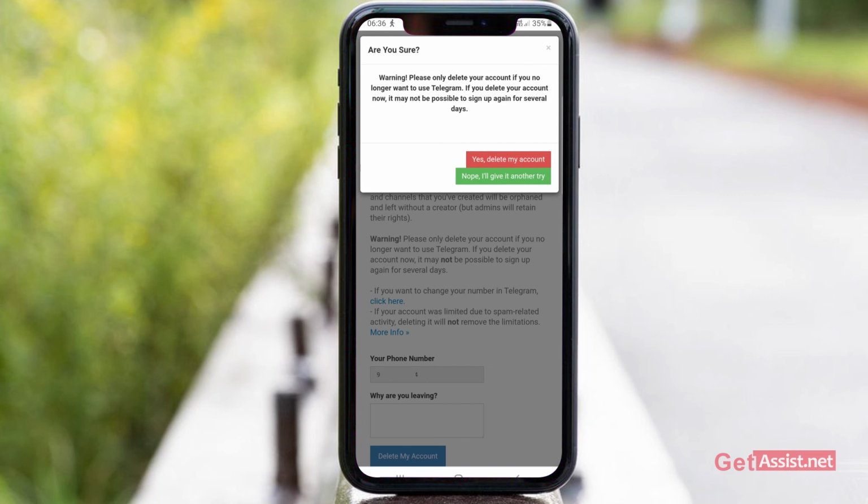It's written that please only delete your account if you no longer want to use Telegram. To sign up again, you may have to wait a few days. You can also select nope, I will give it another try, or if you are sure you want to delete your account, just press yes, delete my account.